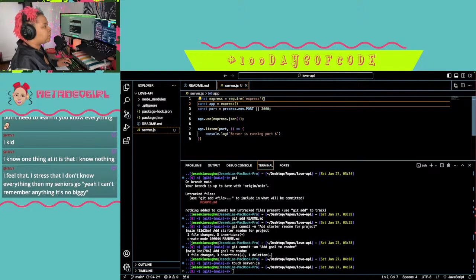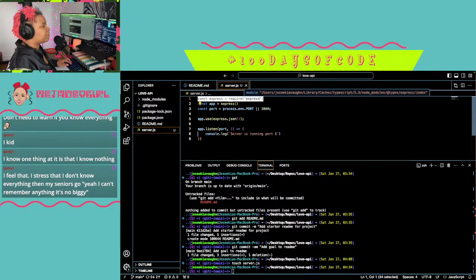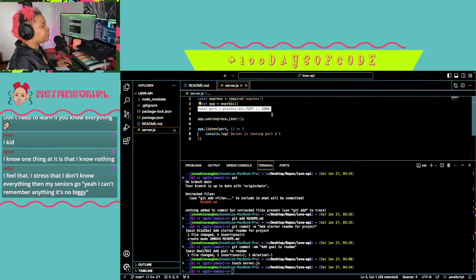Okay, so I have Express. This is basically my import. This is me actually initializing the app object, and then I set a port. So either it will get the port from the environment variable, or it will use 3000.